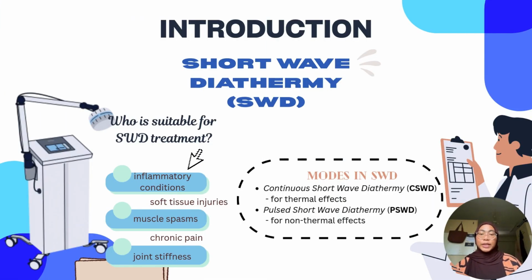Who is suitable for SWD treatment? SWD treatment is suitable for persons who suffer from inflammatory conditions, soft tissue injuries, muscle spasms, chronic pain, and also joint stiffness. There are two modes in SWD. The first one is continuous shortwave diathermy, CSWD, for thermal effects, and the next one is pulsed shortwave diathermy, PSWD,